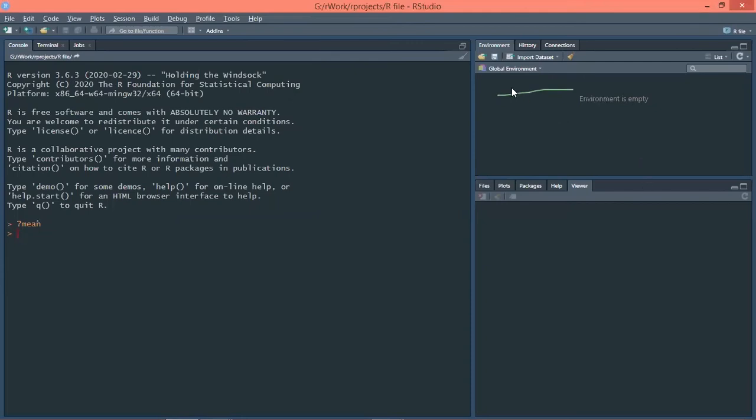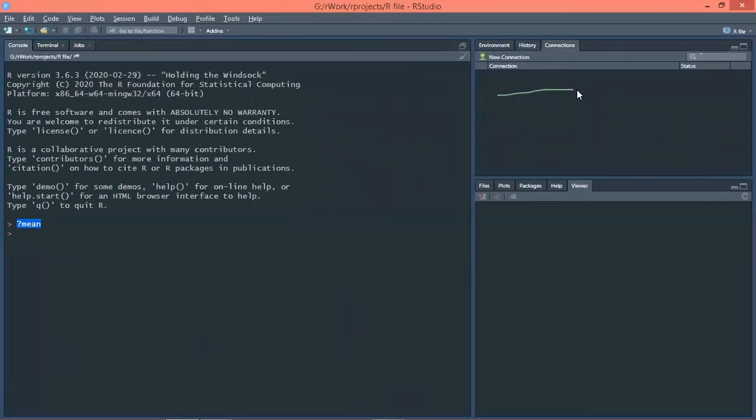So it is for the current session you are doing. And history will save all the previous old commands that you have executed from the console or the script area. It will save each and every command that you have mentioned.